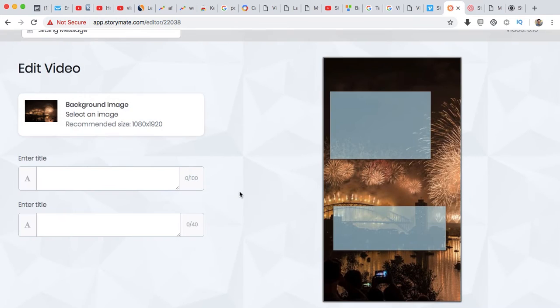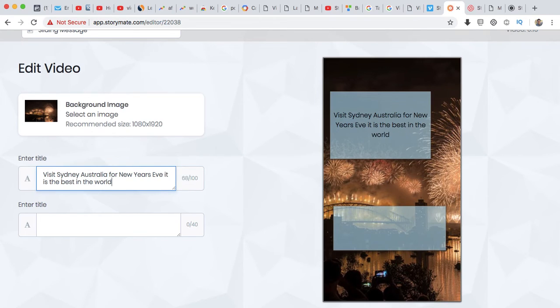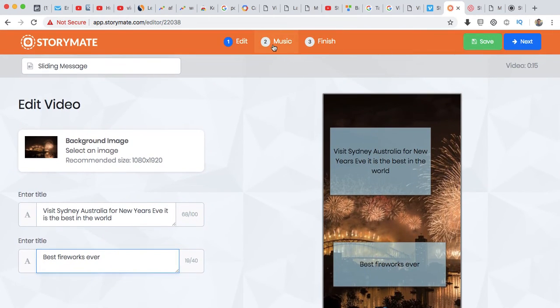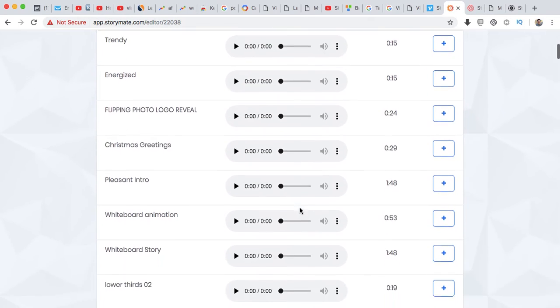I'm not going to bother cropping it. Just choose title. Visit Sydney, Australia. For New Year's Eve. It is the best in the world. Fireworks, best fireworks ever. Okay, let's just say music, and then look, now is all these tracks that you can